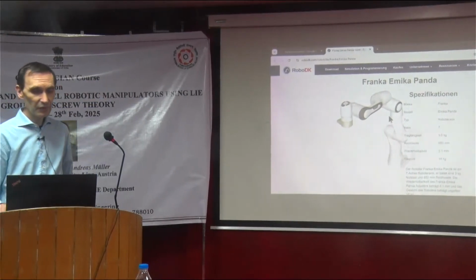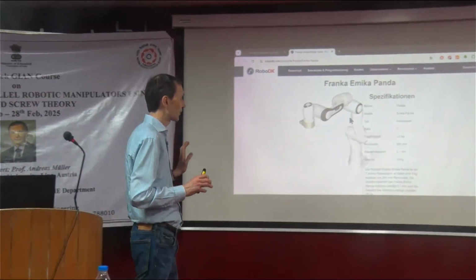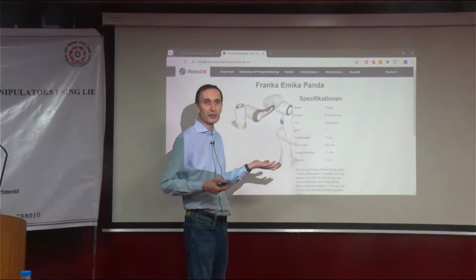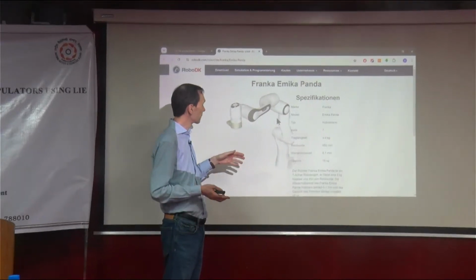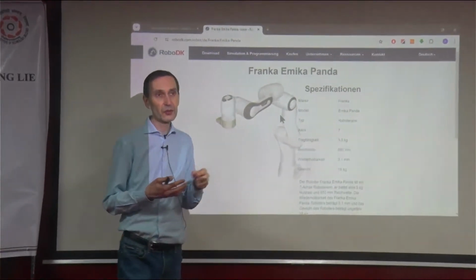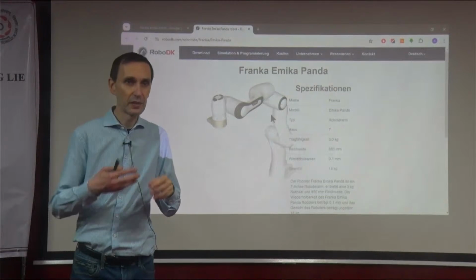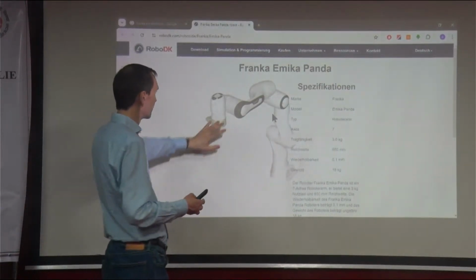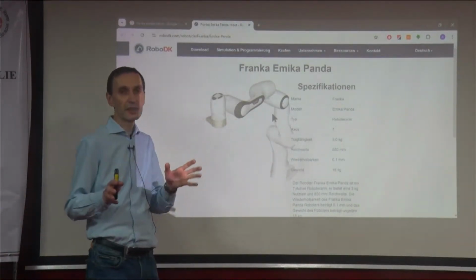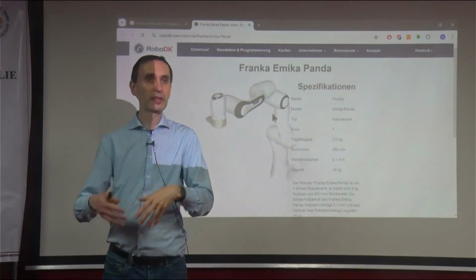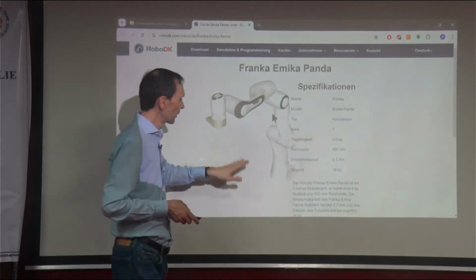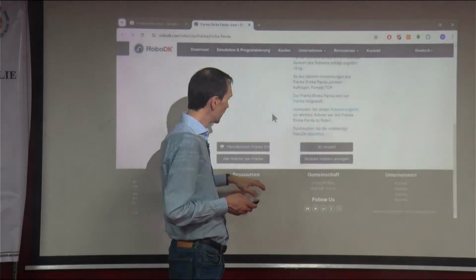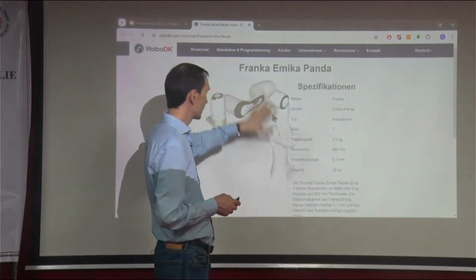So in some sense they say it's kind of a safe robot in a sense that it's lightweight and it's compliant, and also it has force torque sensors in the joints, in a sense that if you are somehow touching it or colliding, then it's supposed to stop, and somehow it's safe. Anyway, so it's a 7 degree of freedom robot, and in the data sheet of the company you find all